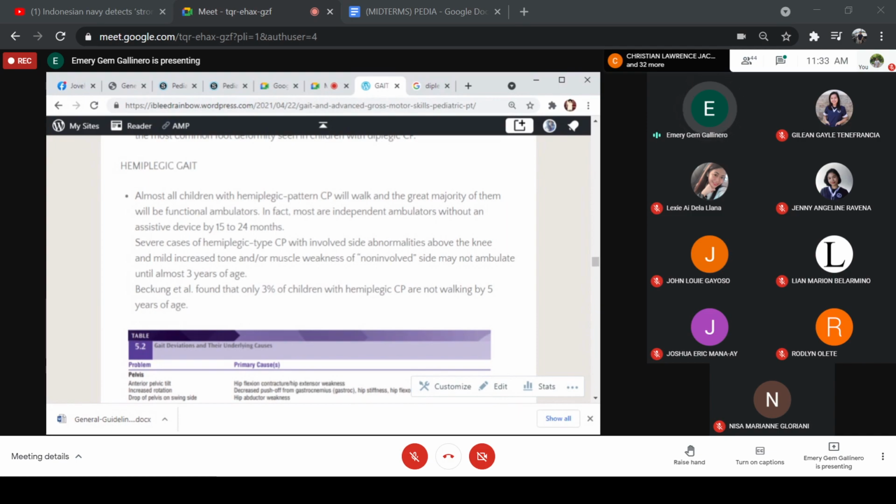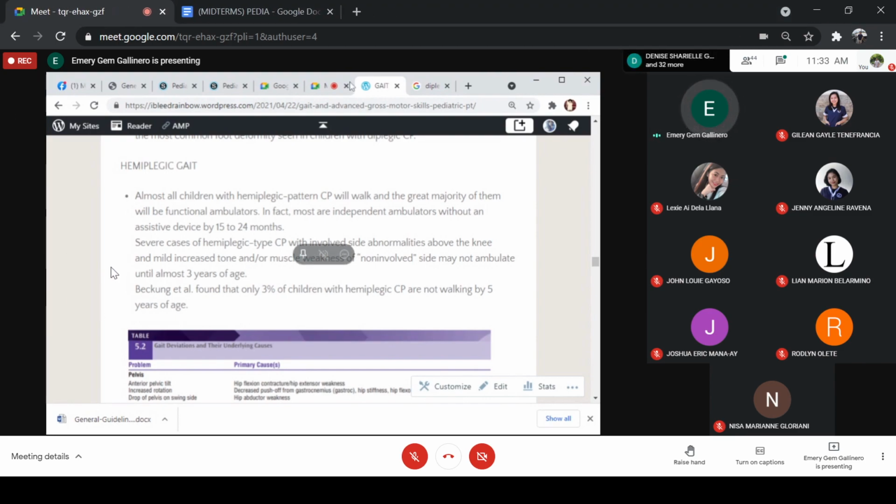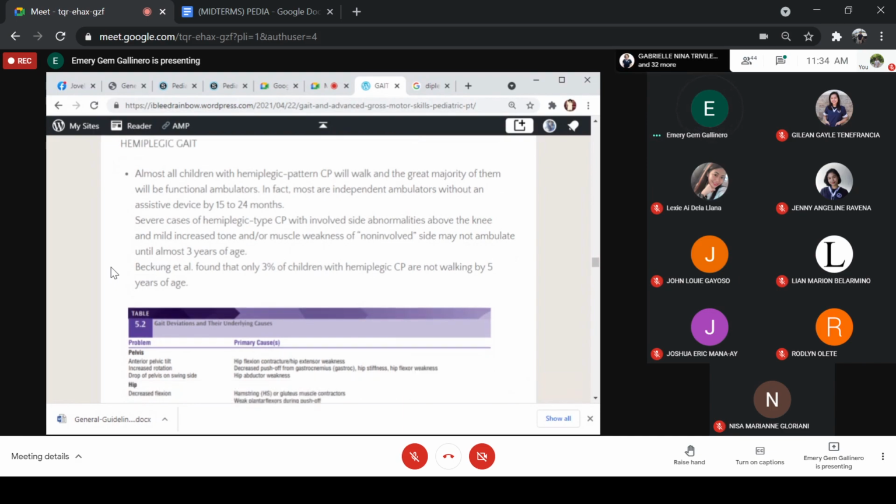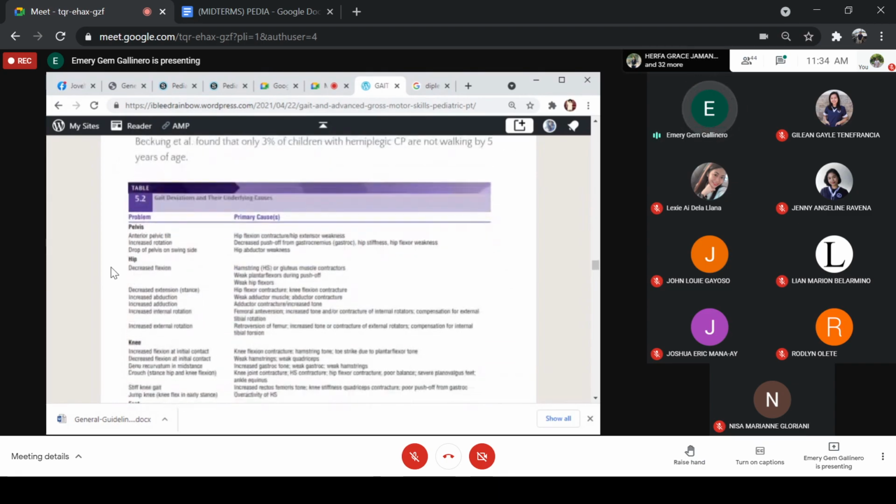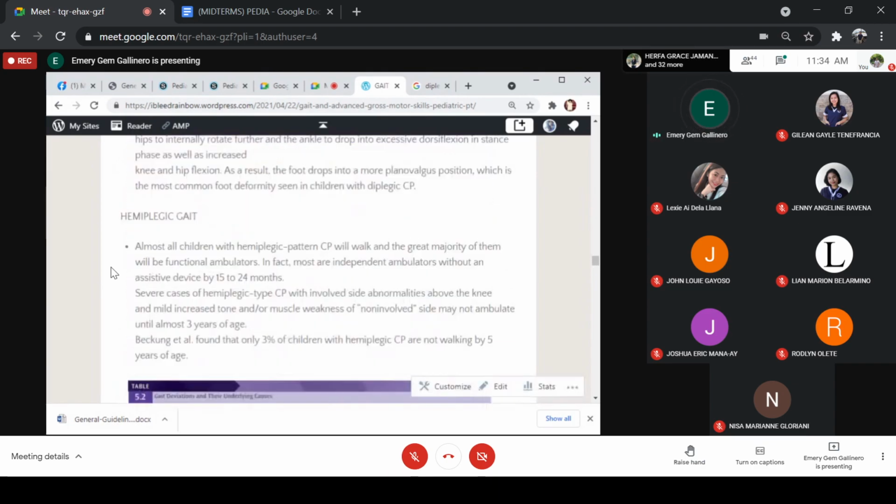So most of them functional ambulators man. In fact, most of them here are, according to the book, independent ambulators without an assistive device. So they have abnormalities above the knee and mild increased tone or muscle weakness of non-involved side, since side may not ambulate until 3 years of age. Okay. So mga hemiplegic gait,